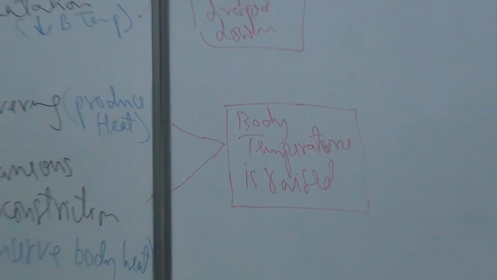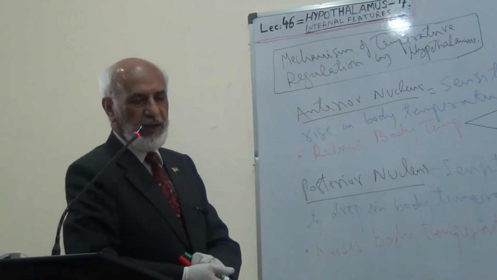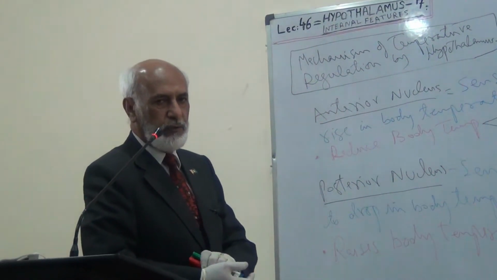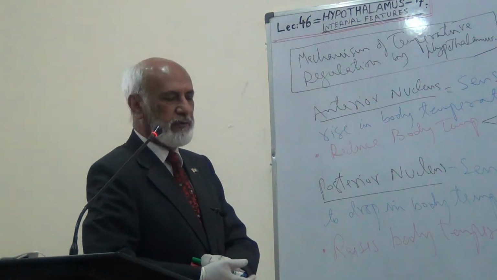Now this is how the hypothalamic nuclei, the anterior hypothalamus, particularly the anterior nucleus, and the posterior hypothalamus, that is the posterior nucleus, mainly